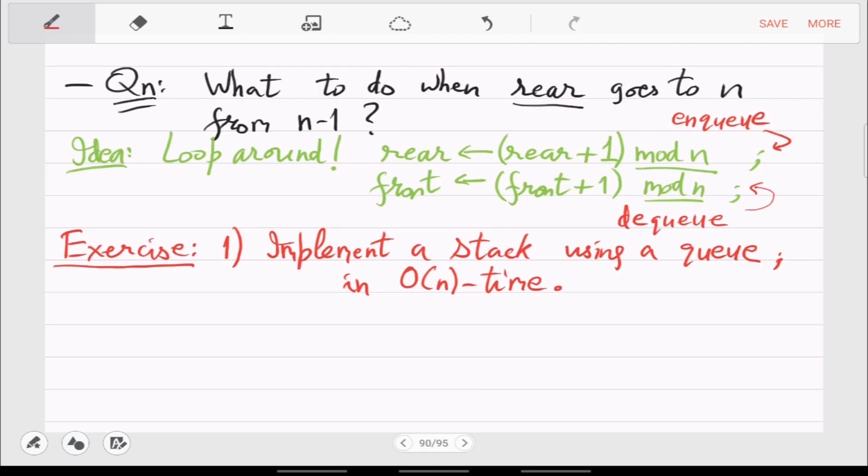Right, so it will take maximum time, because in the queue implementation, when you ask for DQ, you will get something old, while in the stack implementation, when you pop, you want the most recent thing. So in the queue implementation, you have to call DQ again and again so that you get to the most recent element, right? So there is no way to avoid this order n time.